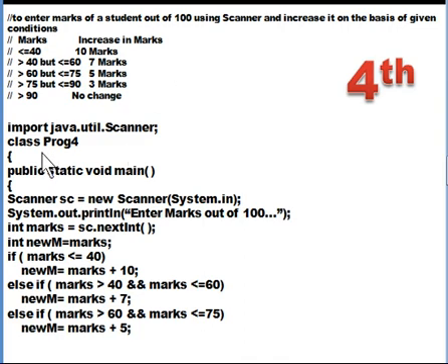So let us start the program using the import statement to include the scanner class in the program. So it is import java.util.Scanner. The syntax remains the same, so you have to use the same statement to include the scanner class into your own program. The class declaration with an appropriate name, this is program number 4 for me. So public static void main inside the body of the class, and in the body of the main method I am starting with the object creation of the scanner class. And the first statement, the object creation statement, is also the same. So you can learn this statement and there should be no issues in the syntax. If the syntax is wrong, everything is wrong.